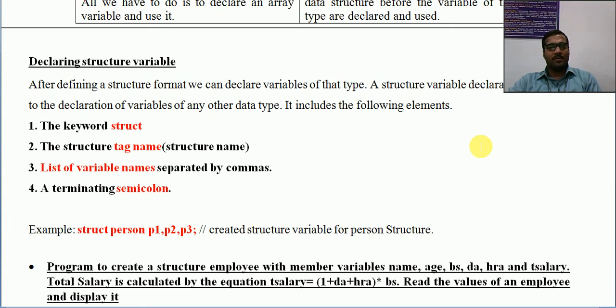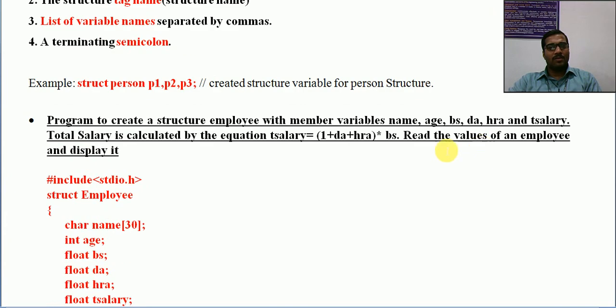While explaining the program, we will see how to access the elements from the structure variable. So the first program will be a program to create a structure employee. I will be creating a new type employee with member variables name, age, BS indicating basic salary, DA, HRA and total salary.